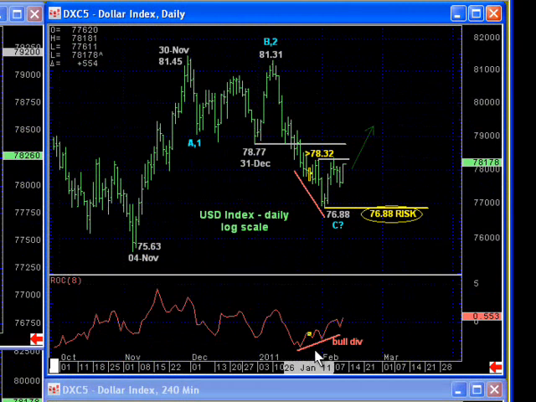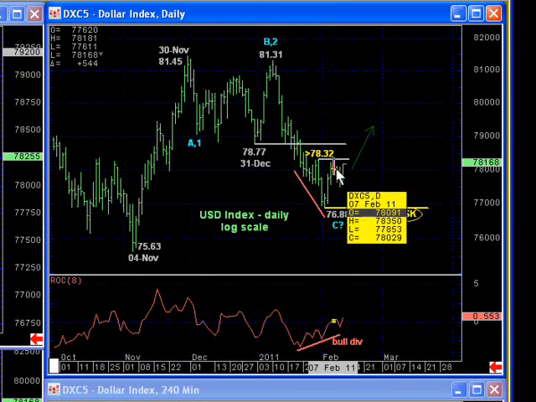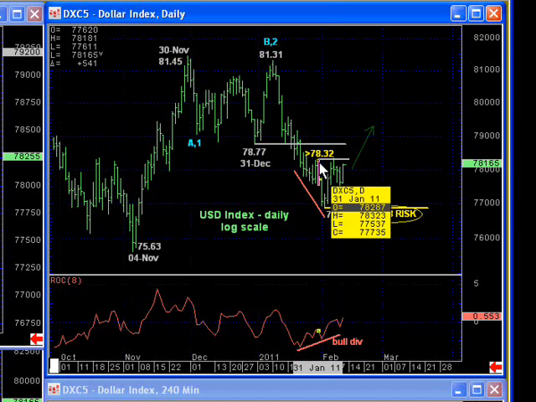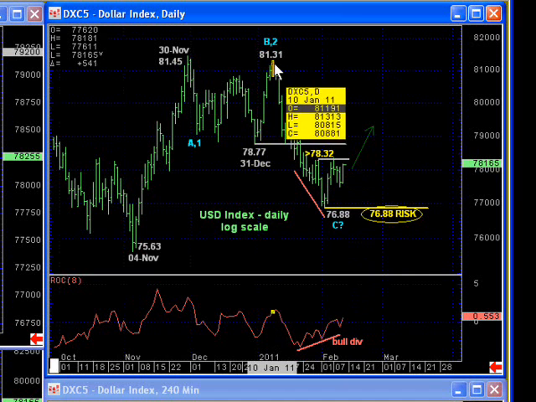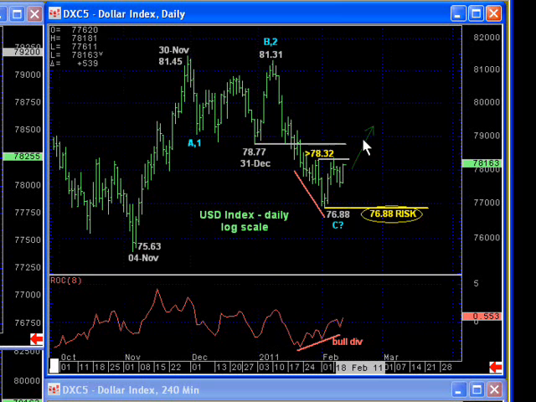You can see the bullish divergence in momentum as a result of the recent recovery above the 78.32 corrective high from January 31st that we believe defines the 76.88 low from February 2nd as the end of the broader past month sell-off from the 81.31 high back on January 10th, exposing at least a larger degree correction of this sell-off and quite possibly a resumption of the sharp rally we had in November from 75.63 up to 81.45 that would suggest new and potentially significant gains above that 81.45 high level.